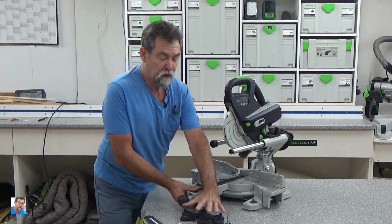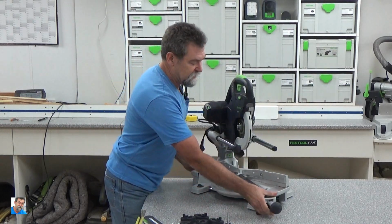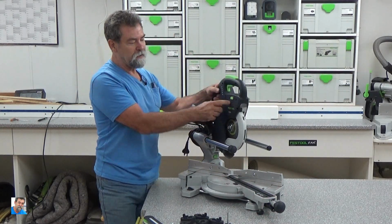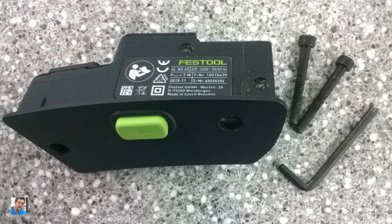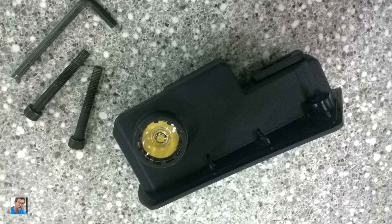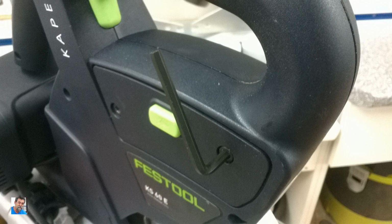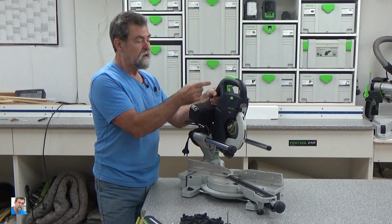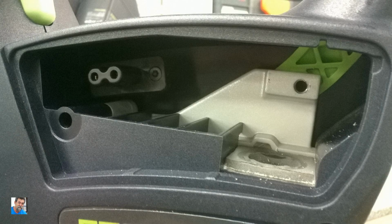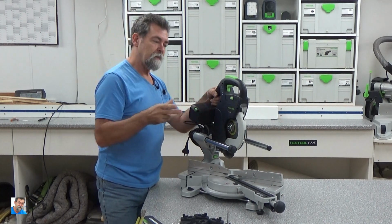One of the things that I've already got on the saw, which is part of the deluxe version, is the LED light. Now this guy up here is plug and play. It's just two machine screws that hold the LED light with the lens and everything on it, and you push it straight in and tighten the screws up and it's fitted. The standard or base model doesn't have this in it, but it will go straight in. It's plug and play. There's a receiver in there. I'll show you a photo of the power receiver, and two machine screws, tighten it up,